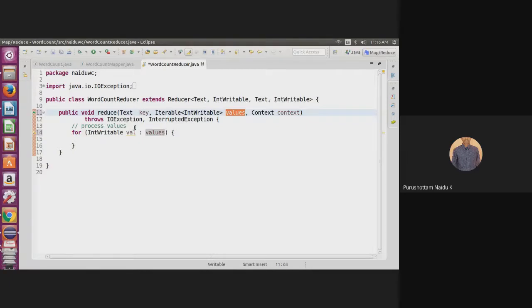What I have to do is count how many values we have in the set. That's why I'm taking an int, initialized to 0.